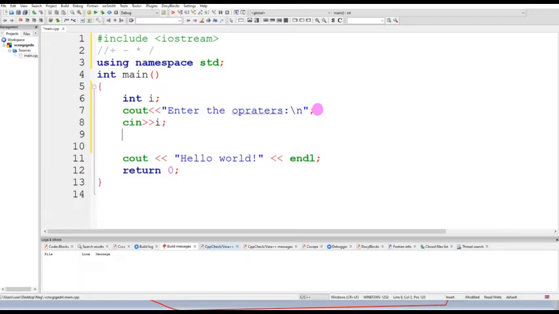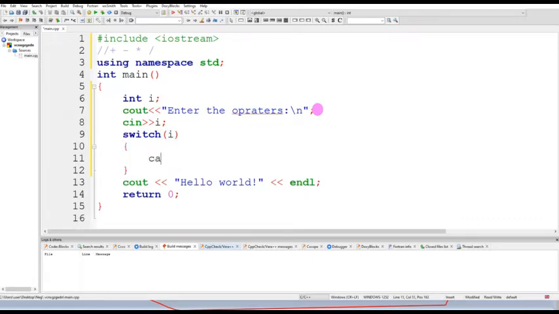Then check this switch constant, which is i, then the block of the code, right? Case